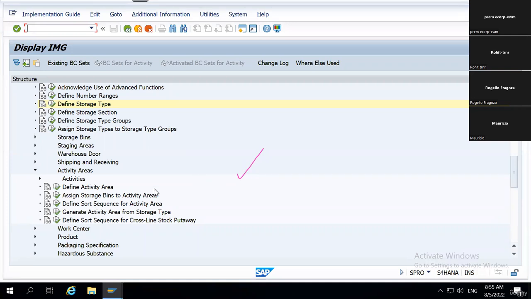Meaning I am just creating a one-to-one relationship. So first we'll discuss the one-to-one relationship, and then I'll show you how we can assign multiple storage bins of different storage types to the same activity area. Okay. So for now, in order to create a one-to-one relationship with the storage type and activity area, you'll have to